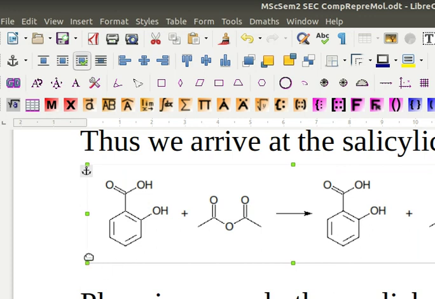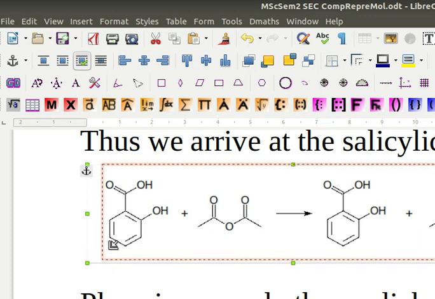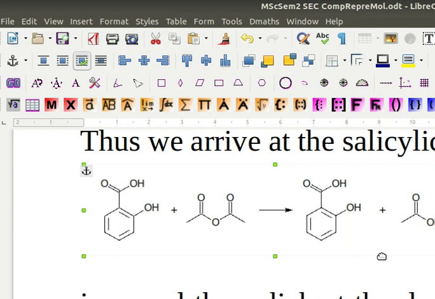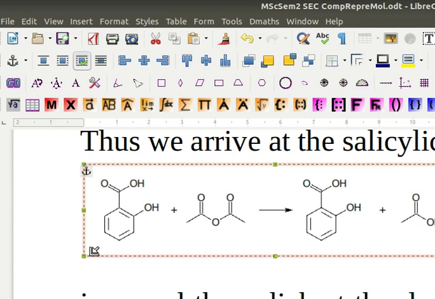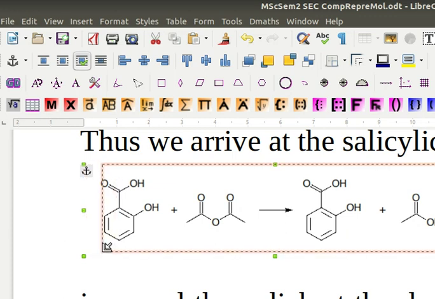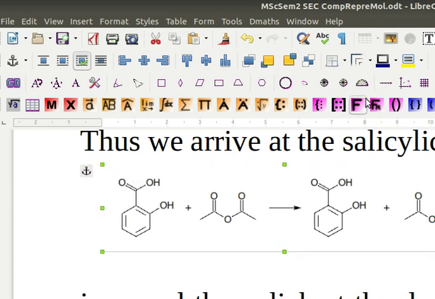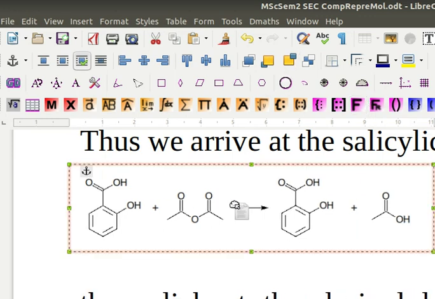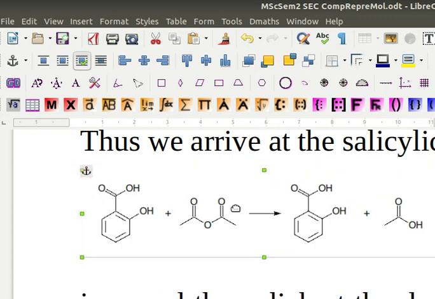It became too big, so I want to make it smaller, then change it and paste it this way. Move it this way. Okay, at this location.